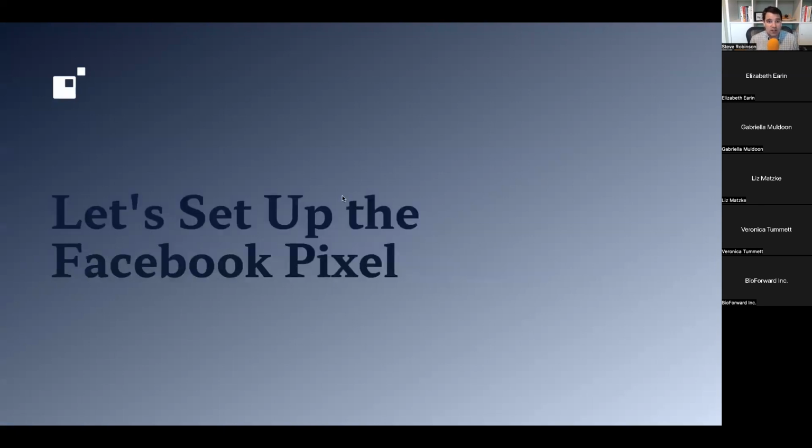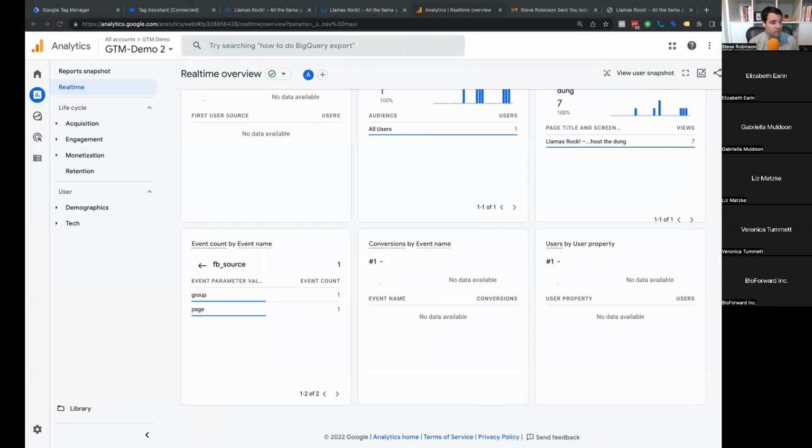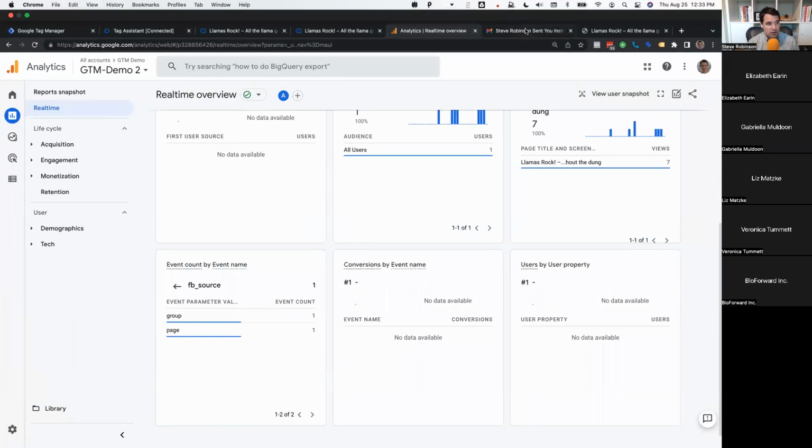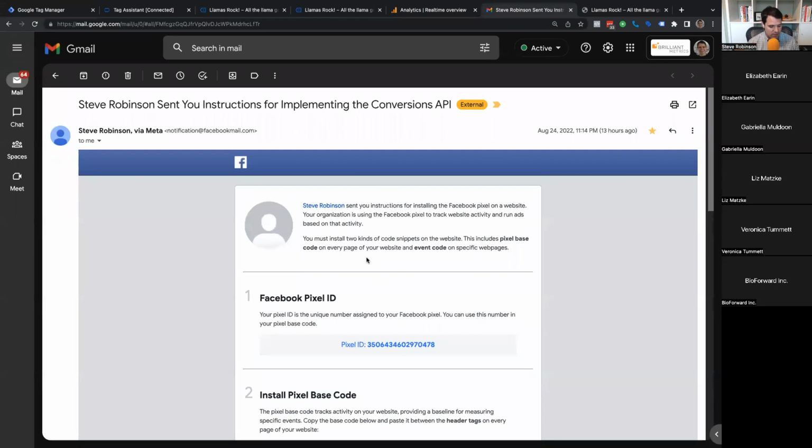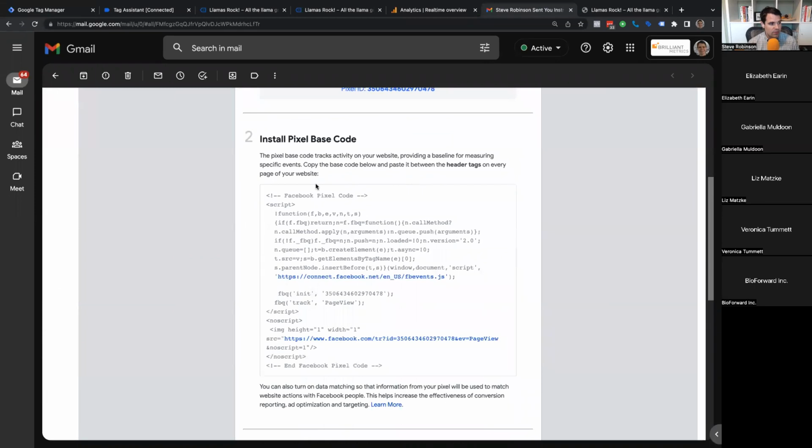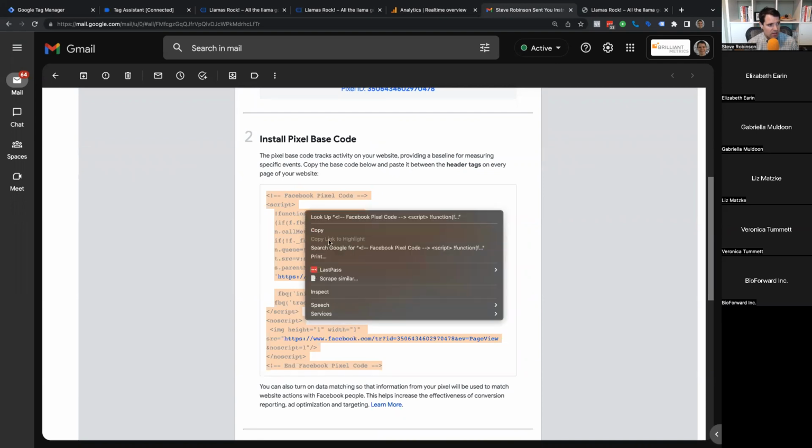You can do a lot more than just interact with Google Analytics, though, inside of Tag Manager. So let's set up the Facebook pixel. So here I have the email that Facebook lets you send when you create a new pixel. It includes some code here to install the pixel base code. Let's do that. So this is some HTML code. It's got a script tag right here. So I know that it's HTML and JavaScript inside of HTML, but I know that it's HTML. So I'm going to copy this code